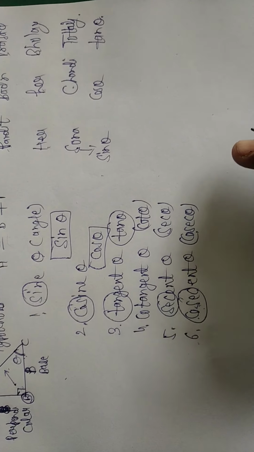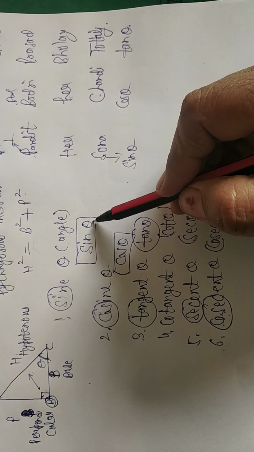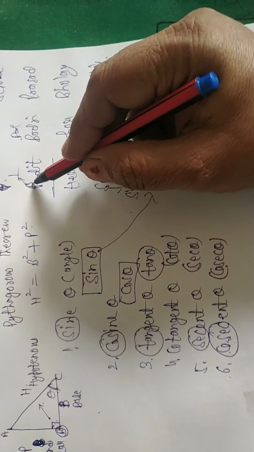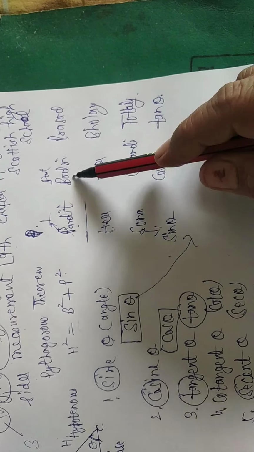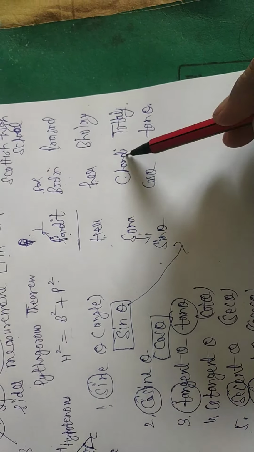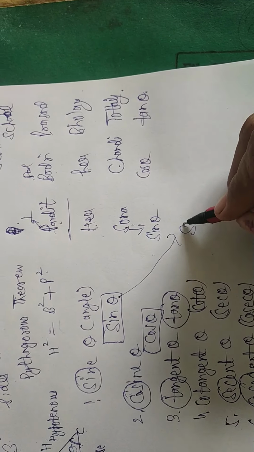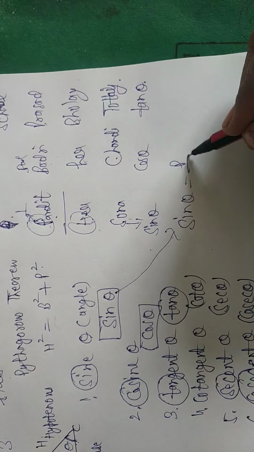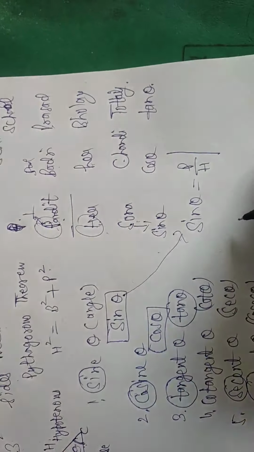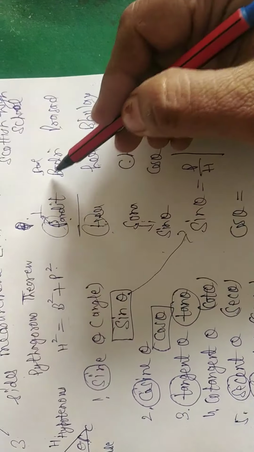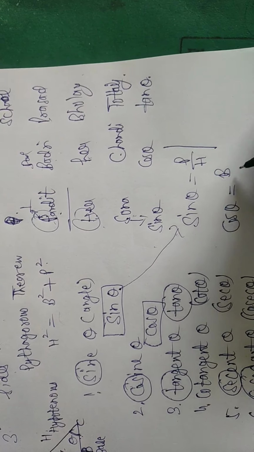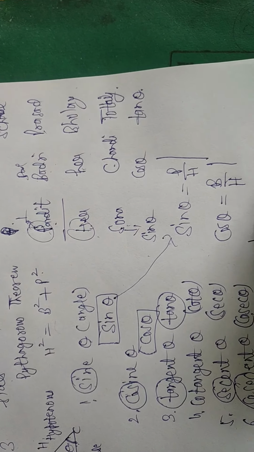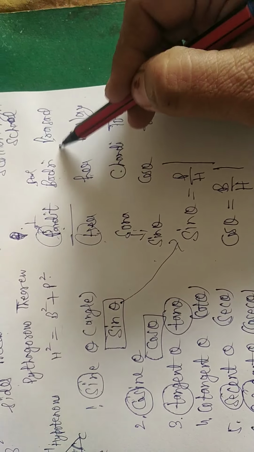So there are a few formulas for how I will get sine theta. So sine theta is P by H. You can use this formula: Pandit Badri Prasad, Har Har Bhole, Sona Chandi Tole. So sine theta is equal to, from here, P by H, and cos theta is from here, B by H. Quite interesting. T for tan theta, that is equal to P by B.